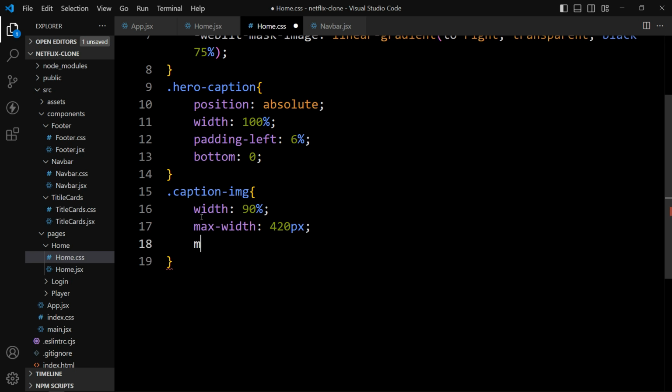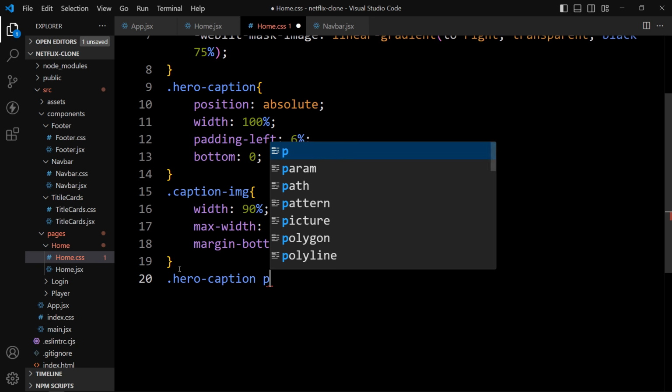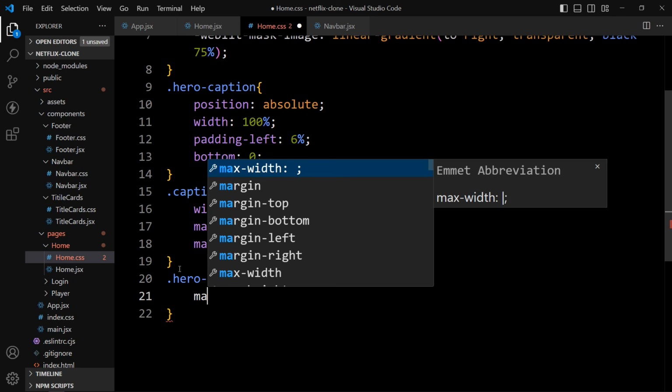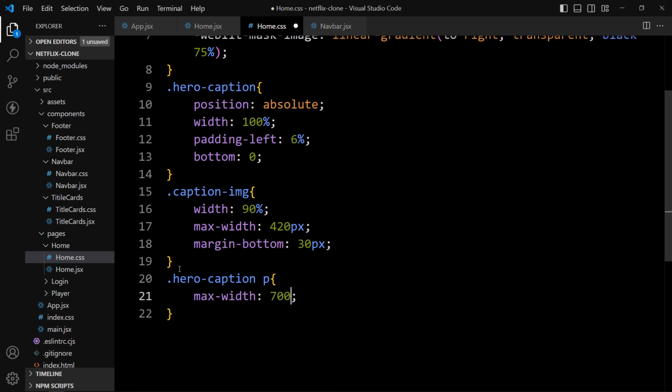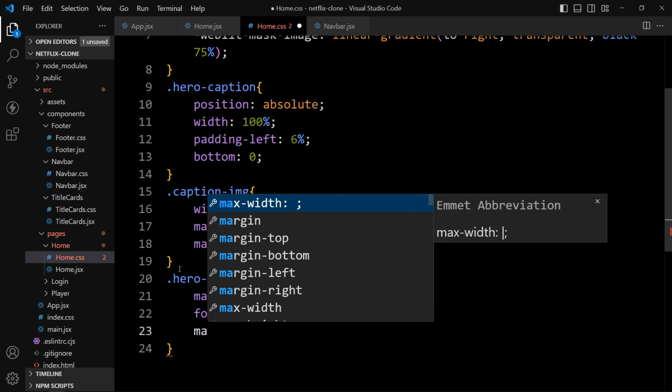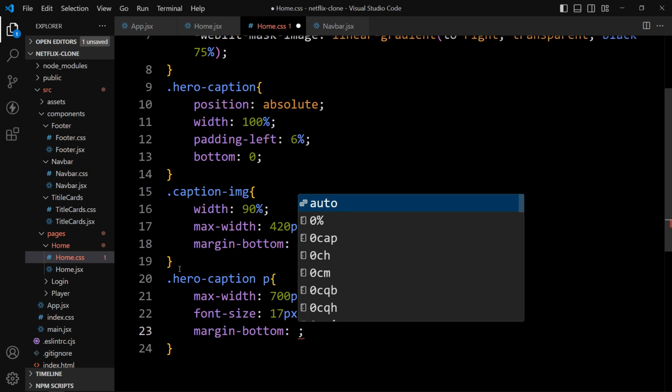Then we will add the margin from the bottom. So we will get a space between this title image and text. We have the text in a p tag, so let's add hero-caption, then p, and for this p we will add the maximum width 700 pixels. Then we will change the font size, it will be 17 pixels, and margin from the bottom 20 pixels.